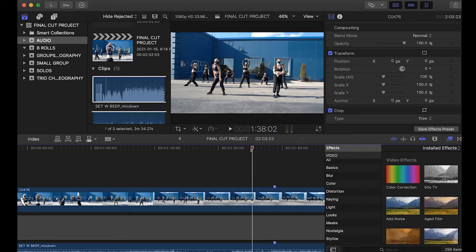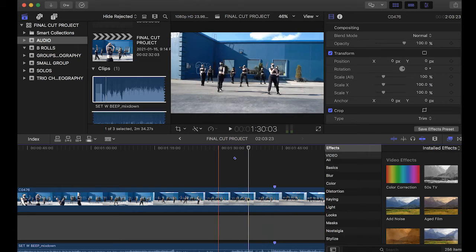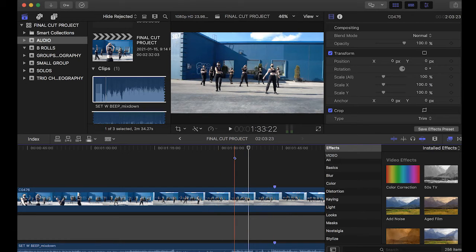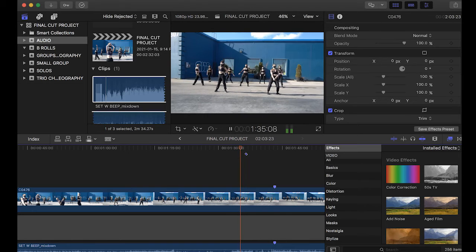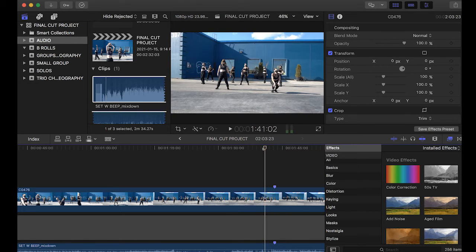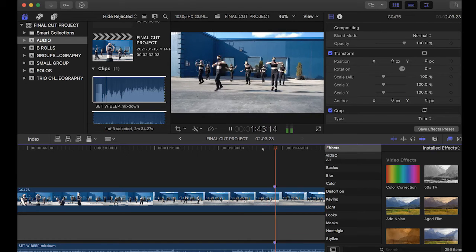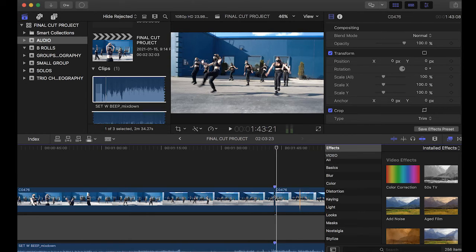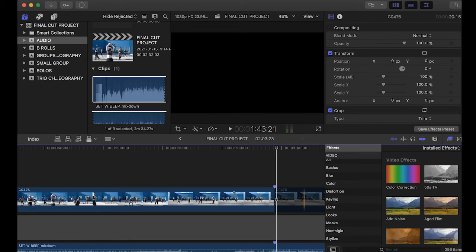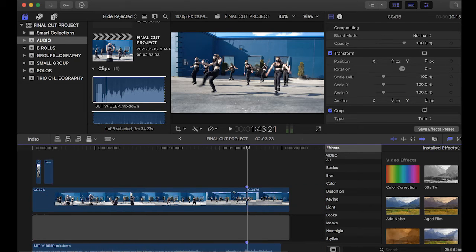I'm going to undo that mark. I got my mark right here, and I know that I previously marked it. I know that at that moment, that's where the choreography starts. The main choreography starts right there. If I play it, so that I know that starts. So I'm going to cut that right there, just for the sake of